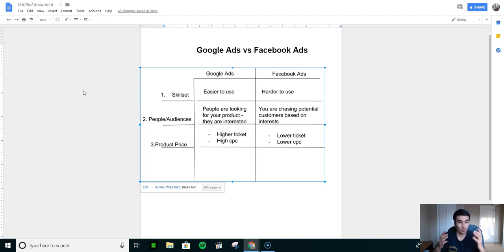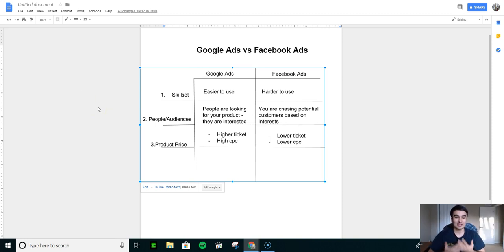But one thing I want to make clear is that you should be using both of the platforms, because I'm using both of the platforms and I'm very profitable with both, right? So both of the platforms work really well. You just need to find the right products to sell on which platforms with the right marketing strategy, right?